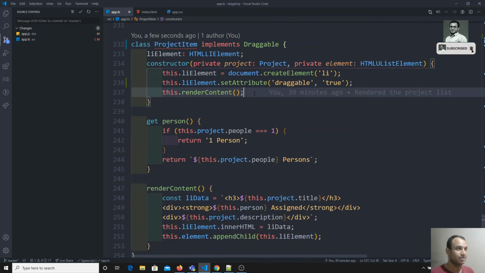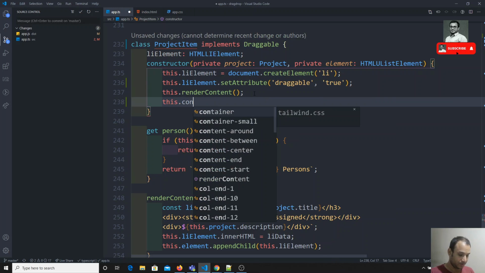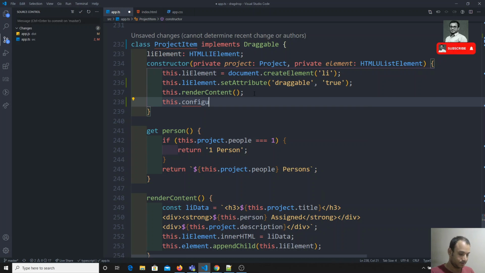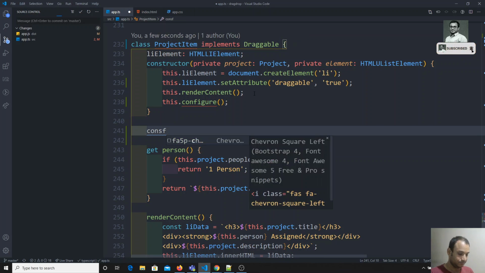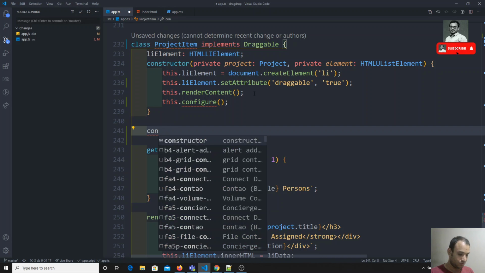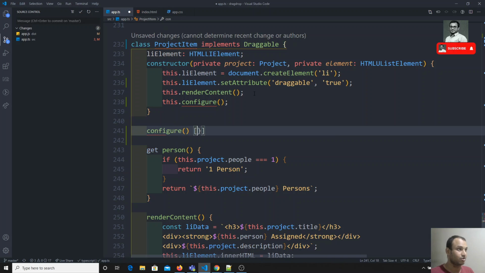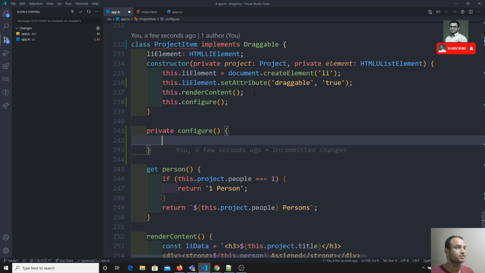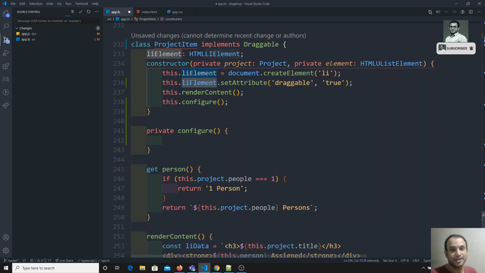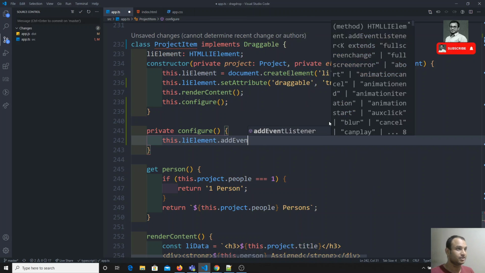So what we will do is configure. I will create a method, this dot configure. Here I will make it private so that I will not be using it outside. In this configure, I will create event listeners for this dot li element. For the li element only, I want to add the event listener of